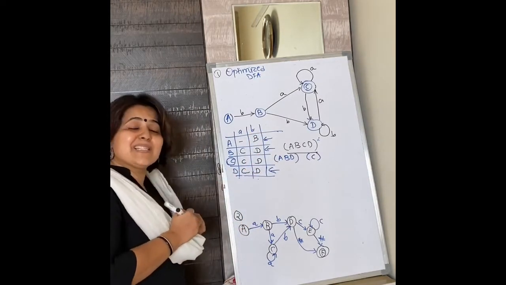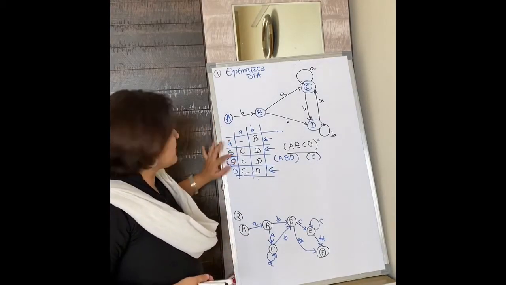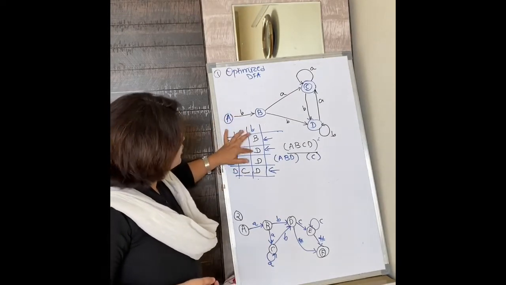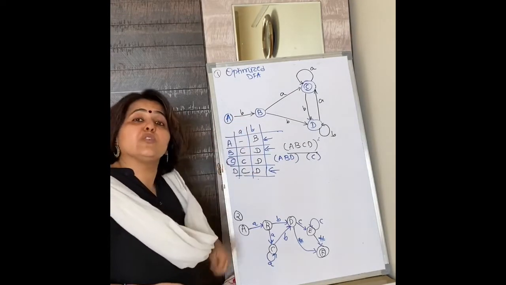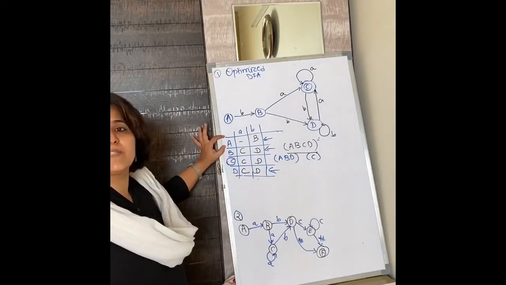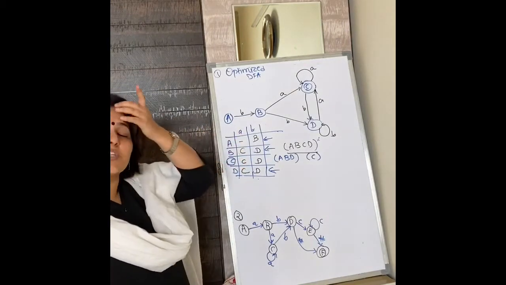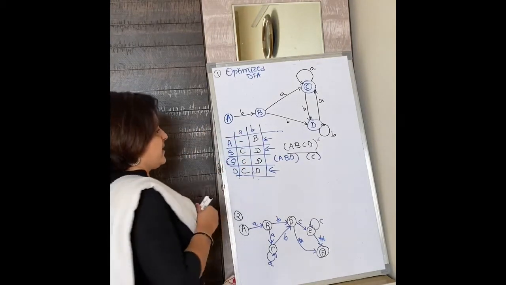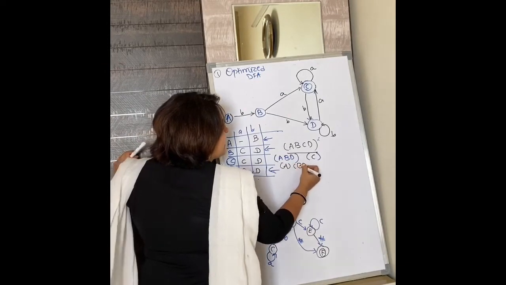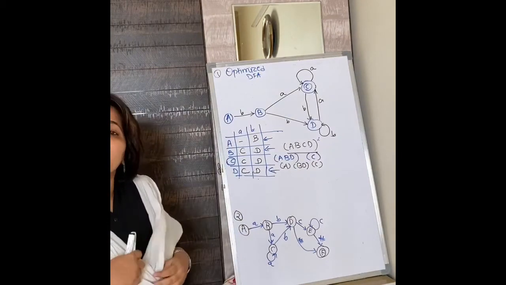If your start set is, let us say, B, if you input small a, you are going to C. Similarly, here also for small a, you are going to C. For small b, you are going to D. Then for small b, here also you are going to D. Are you getting what I am trying to say? Means A is not the same. A is not providing you similar information because this is blank. There is no A transition available. So A is different. So the groups are going to be A is different, B and D are different, and C is different. Done. This is the second next grouping that we have done.